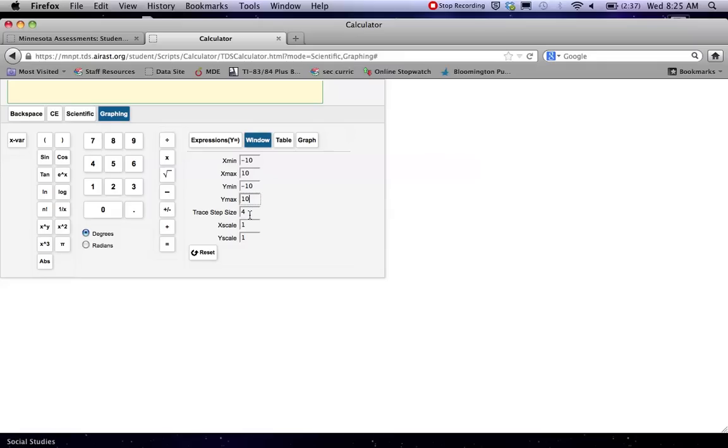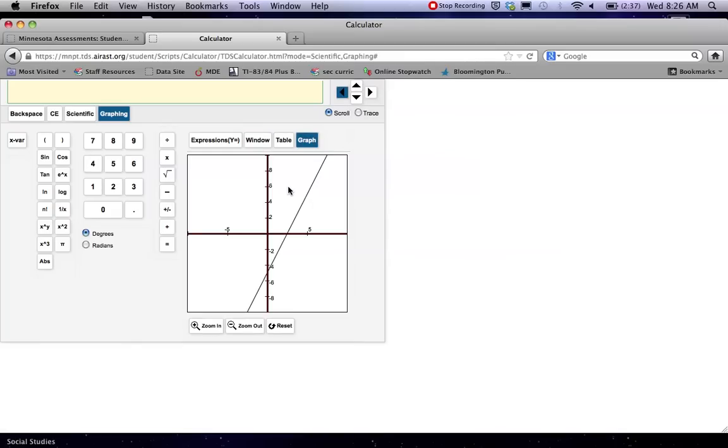You shouldn't need to mess with that. The X scale and the Y scale control how many little marks they put on the axes. So let's see how it looks different. I'm going to change my X scale to 5. I'm going to leave my Y scale at 1. And so now when I hit graph,